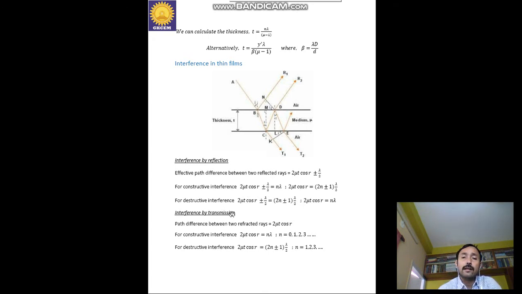For destructive interference, the condition will be (2n plus or minus 1) lambda by 2. So lambda by 2 will cancel out. This one becomes 2 mu T cos r equals